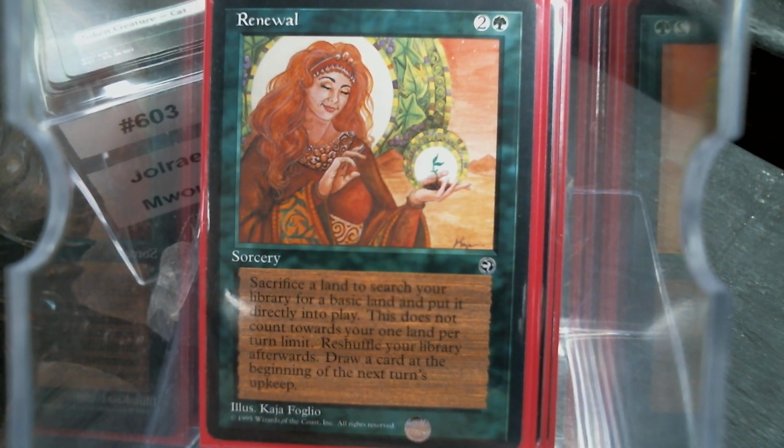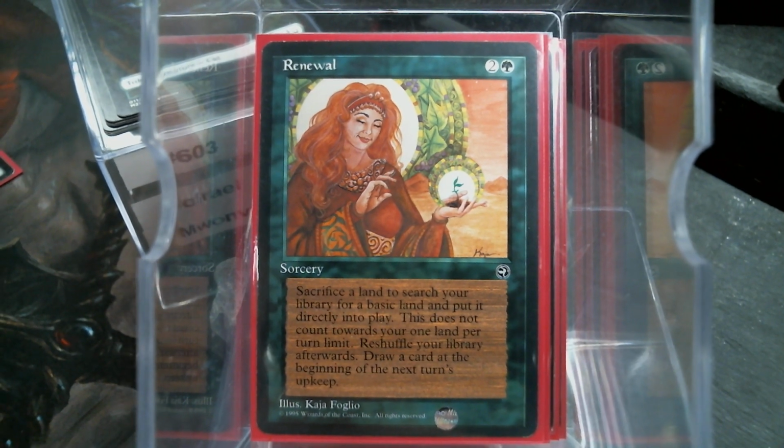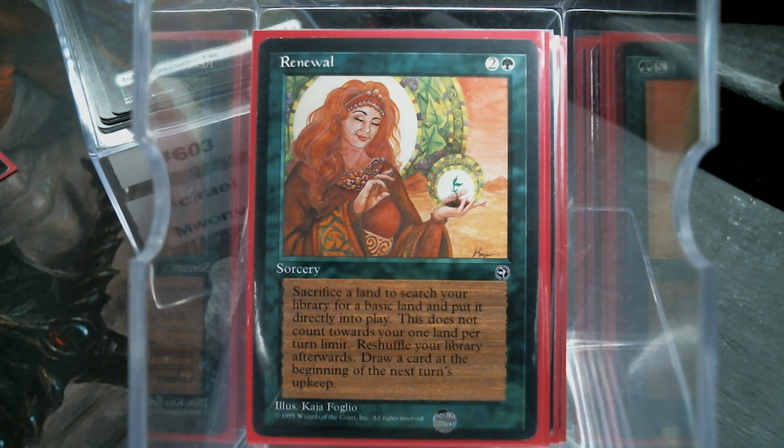And I want to talk about Renewal. This is a ramp card that not a lot of people play or even know about, because it's Homelands. Now, yes, it is 3 mana. It puts the basic land onto the battlefield, untapped, so that's cool. You draw a card at the beginning of the next turn's upkeep. Now,